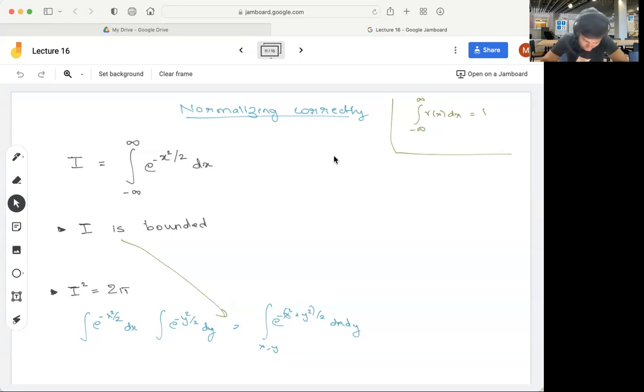So to be completely correct, I need to show that the integral I is bounded before I can do this. But suppose we assume that. Then x, y are points in the 2-dimensional plane, and instead of using the coordinate system of x and y, we can think of polar coordinates to do the same integral. Once you think in terms of r and theta,